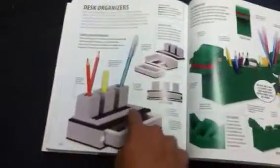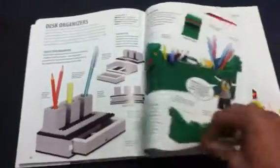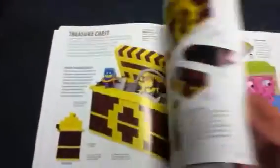for fun models. This is nice for a desk space. I might even build something like this. Or there's one on another page, like this. Try to store Lego bricks in them. If you don't want to buy a minifigure case, they actually have a picture in here, and they have some games, CD racks, and they have places in here. Trying to find it. There it is. You can build your own minifigure